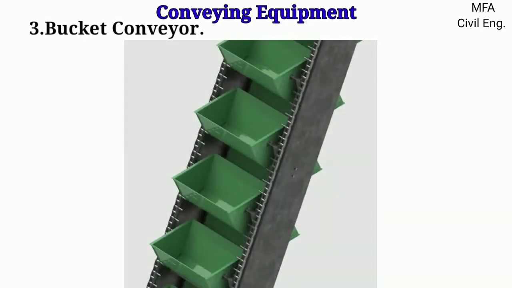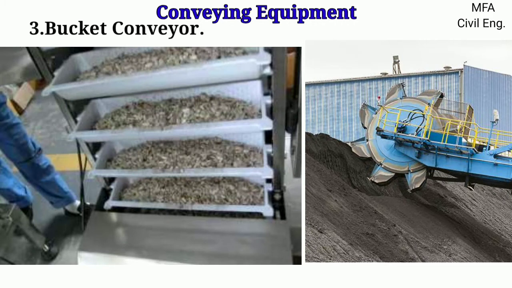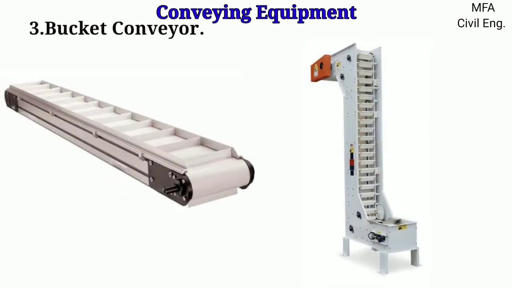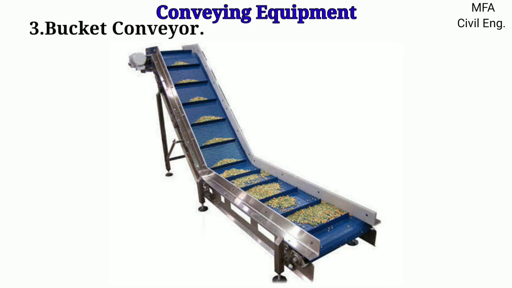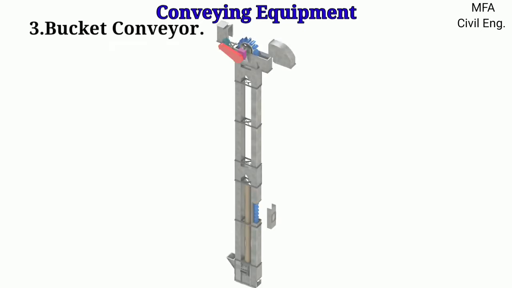Bucket conveyor has buckets in a V shape which are open at the top. They may be feeder loaded or may be dragged through a trough for the loading. These conveyors can be used for both horizontal and vertical movement and also along an inclination. The length of this type of conveyor is generally limited to 25 meters due to the weight of the conveyor and the strength of the chain.